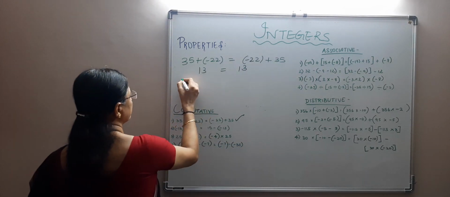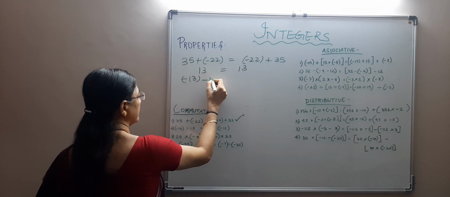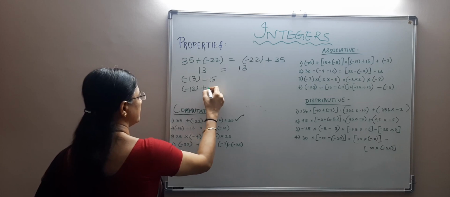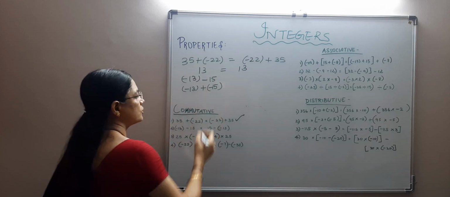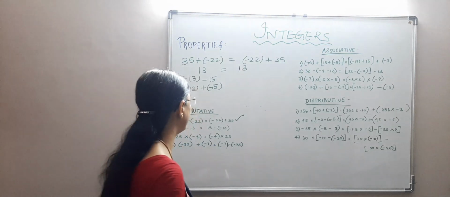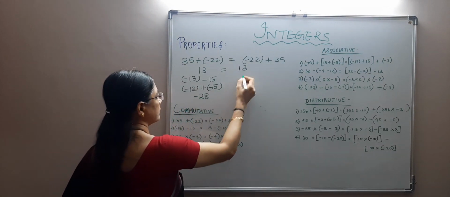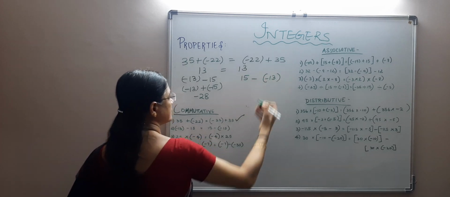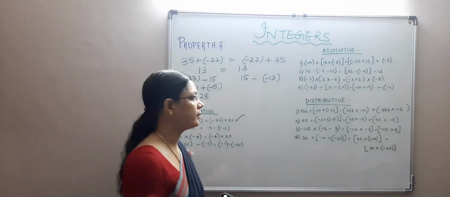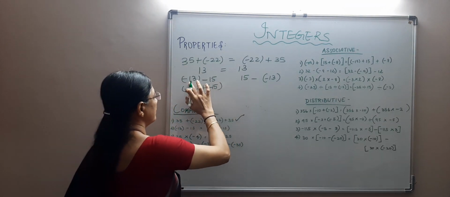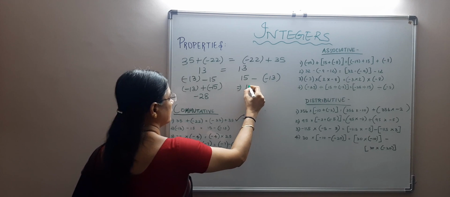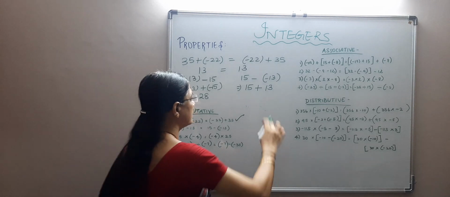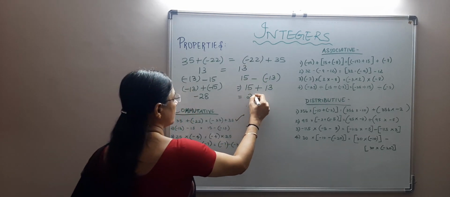Next, for subtraction, minus 13 minus 15. So minus 13, let us keep it as it is, subtraction becomes addition, and we change 15 to its additive inverse, that is minus 15. So we have minus 28 here. When I swap the numbers, what do I get? See, 15 here, so 15 minus 13 goes to the second place. Now this gives me 15 plus 13. See, the additive inverse of minus 13 is plus 13, subtraction to addition. Now this is equal to 28.